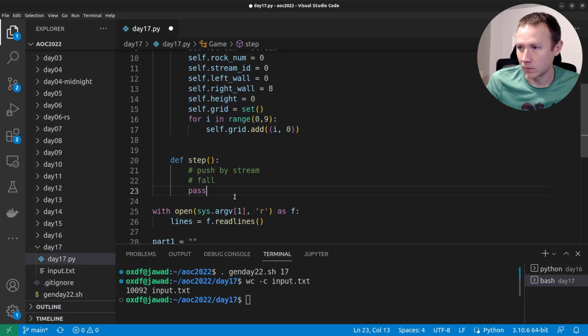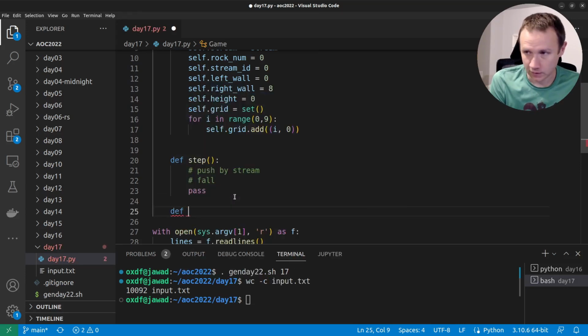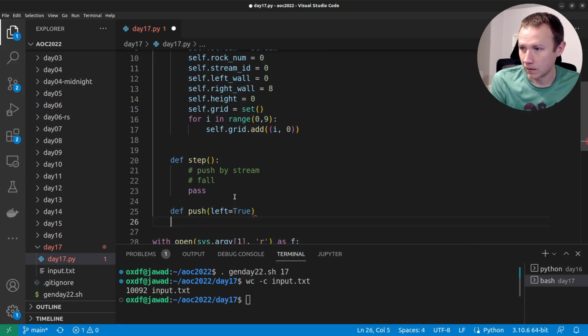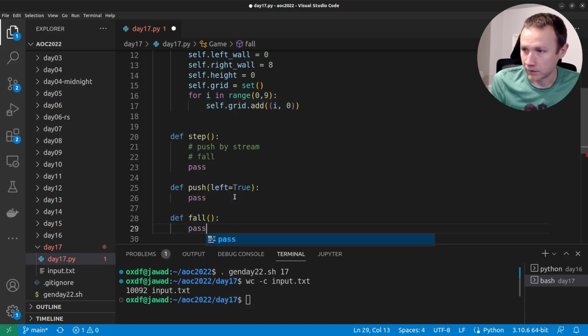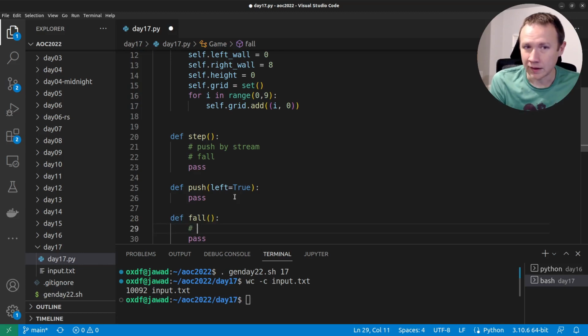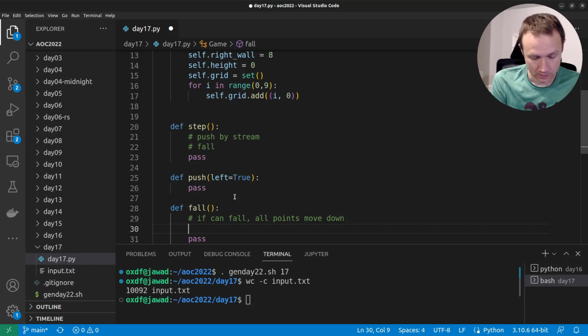Okay, so let's might as well have a def push, and we'll say like left equals true, pass, and we'll need a def fall, pass here. Just sort of laying out my functions here, so we can do like, if we're falling, we're going to say if can fall, all points move down. If can't fall, then we lock in update